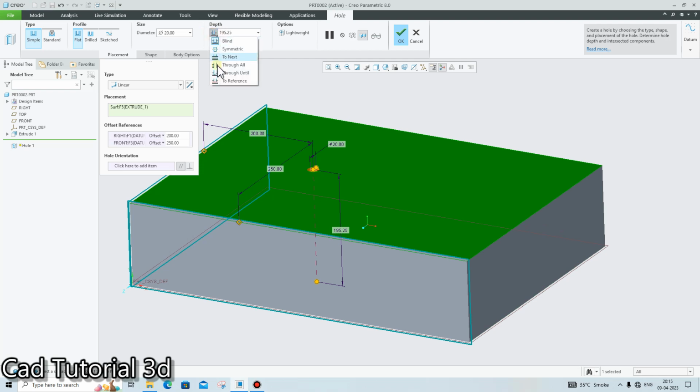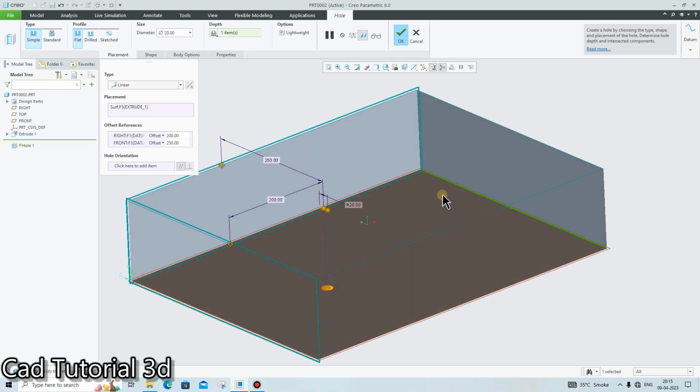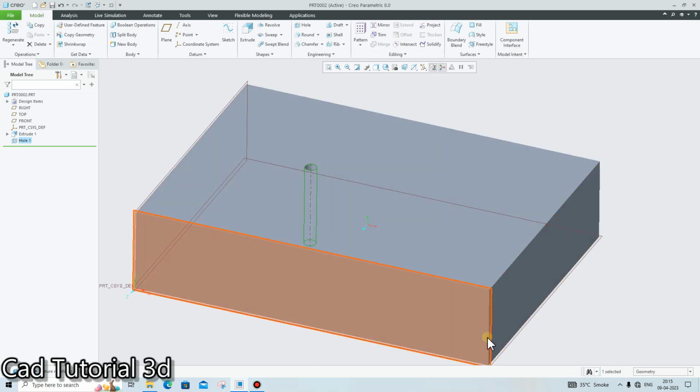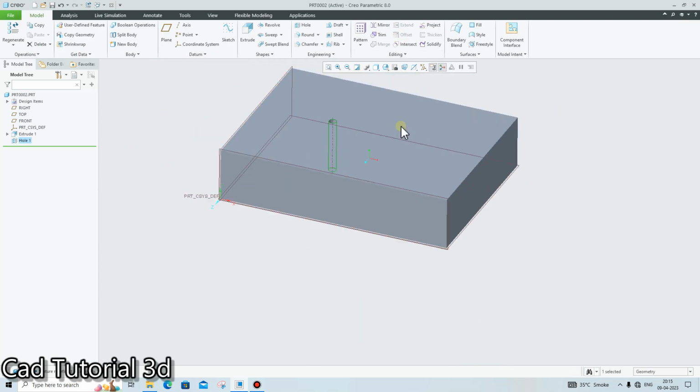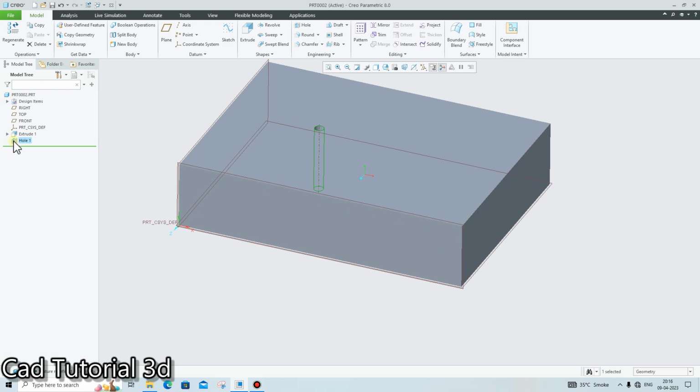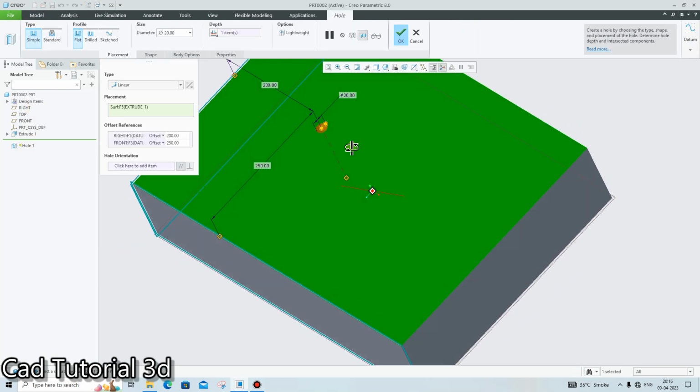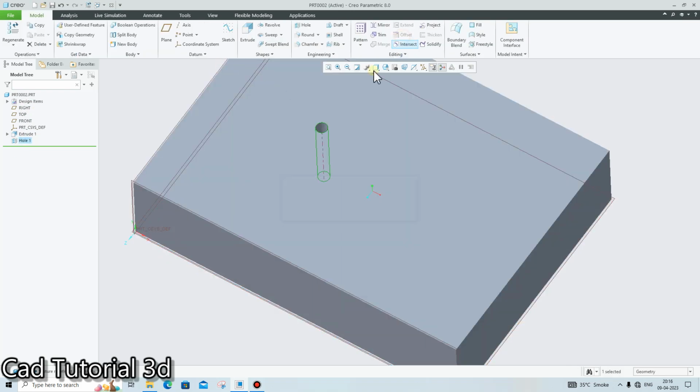Blind, or up to the reference, up to the reference of this point. So I can create a hole up to this point also. Okay. So these are all the options available here. It is very simple. Suppose I want to create a hole